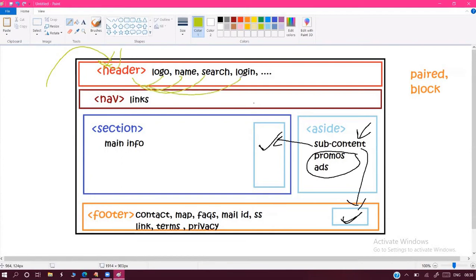So that is the designing purpose. Internal content, whatever you want to place, that is the purpose of your web page designing. Now I'm showing an example of how to write the tags. That's all, I'm not designing anything. I'm giving an overview here now.